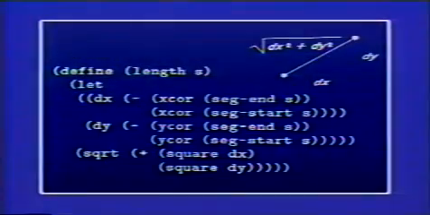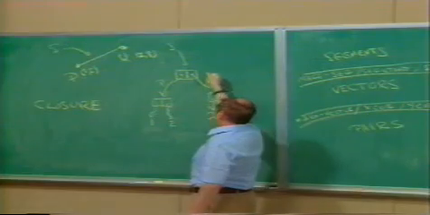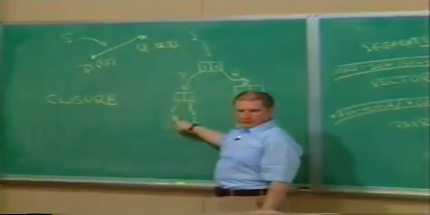Length works and is a simple thing because when I want to get this value, I can say, oh, that is the x-coordinate of the first endpoint of the segment. And each of these selectors, x-coordinate and endpoint, stand for a decision choice whose details I don't have to look at. I could perfectly well, just like the rational numbers I did before, say, oh, well, gee, a segment really is a pair of pairs. And the x-coordinate of the first endpoint of the segment really is, well, what is it? It's the car of